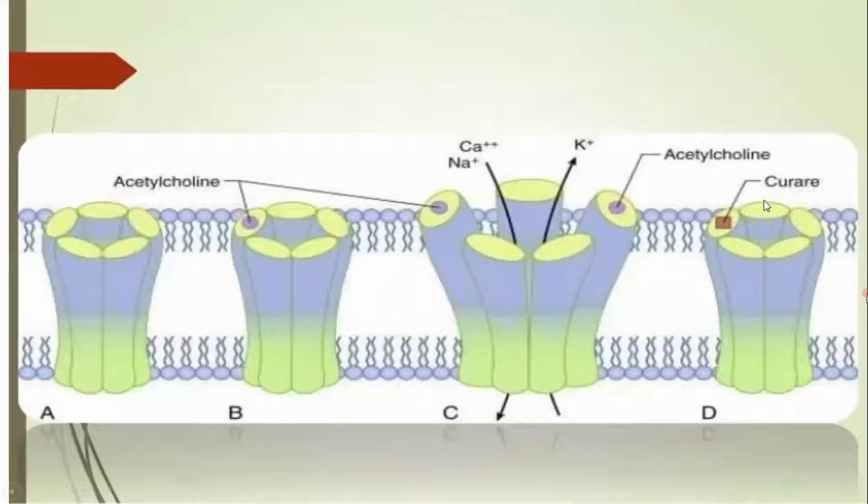You can see here what has happened. Acetylcholine has got bound with the alpha subunit of nicotinic acetylcholine gated receptor channels. As a result, there is influx of sodium and calcium into the cell, and there is efflux of potassium out of the cell. Now, there are some drugs which can act in this neuromuscular junction to prevent transmission of impulses. They are also used for administering anesthesia.